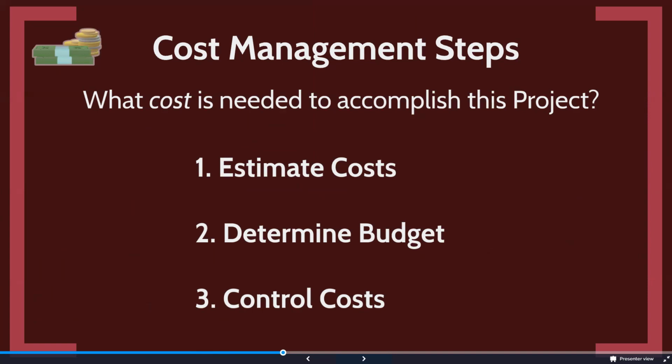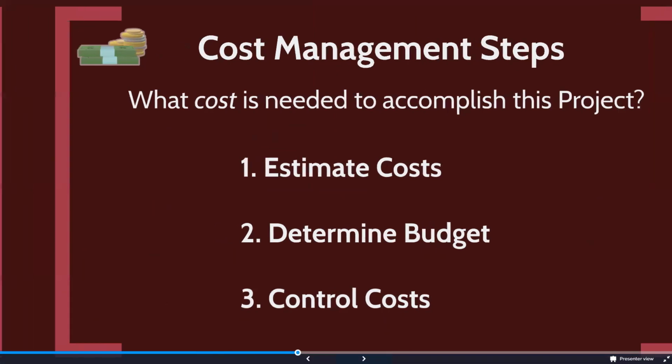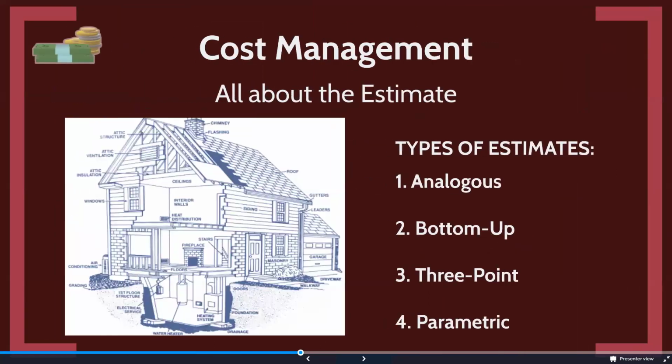In the earlier webinars, we talked about the PMI approach, the Project Management Institute approach, which I think is a great model to use for project management, and there's a lot of application in the capital projects industry. These are PMI's basic steps: estimate the cost, determine the budget, and then control the cost against the budget, which we're always trying to do, right? So let's talk about estimating real quick. I don't want to spend a lot of time. You all probably do a lot of estimates, but you may not have thought about estimate theory and where it comes from.